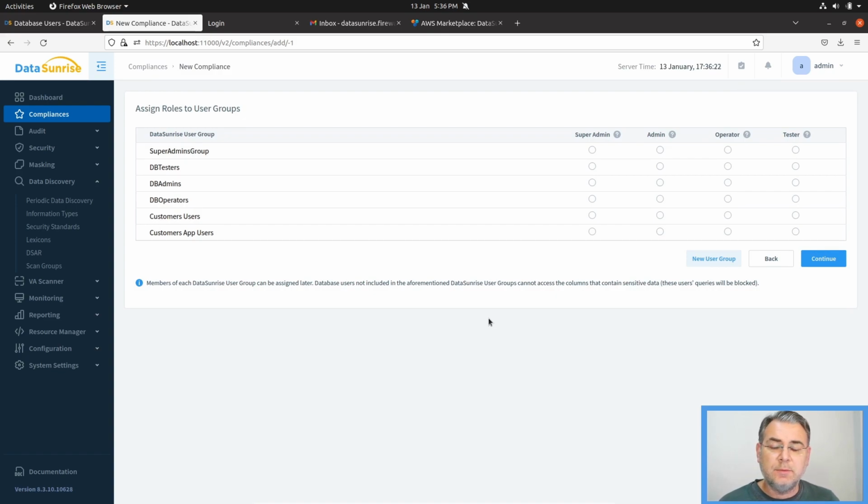This step, this is what I was talking about, that we need to split our user groups between different roles. DataSunrise requires that we assign some users, or user groups actually, to different roles. There's self-explanatory information here that tells us some users will be super admins, who will be fully privileged users with all the privileges, without any masking, security, and other rules applied in the policy. The admin then will be